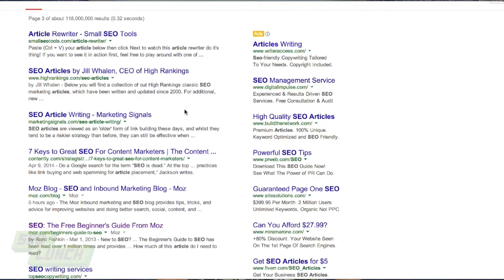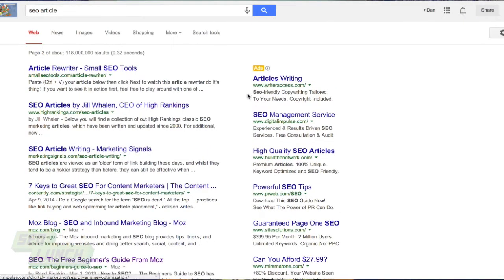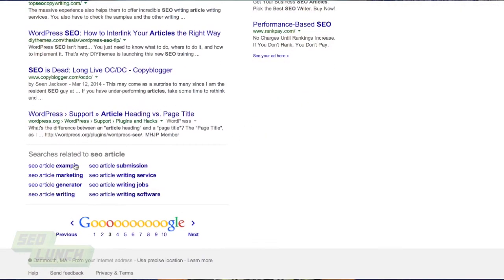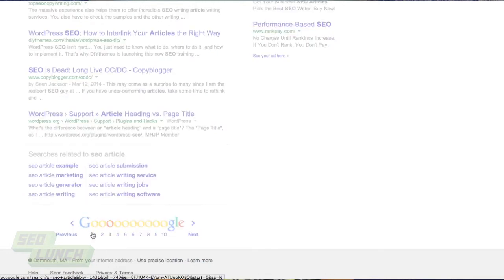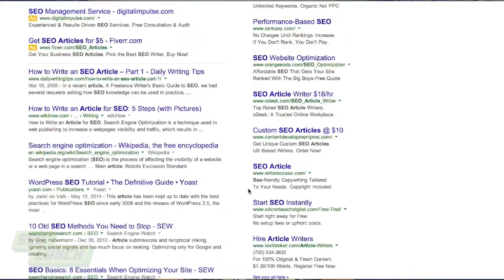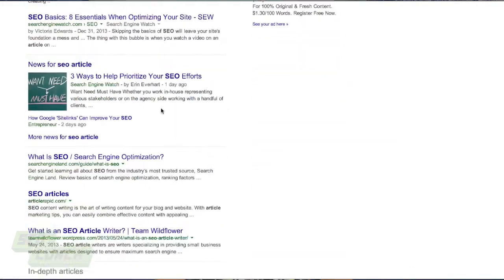If we look at a page like this, we see that we have Google AdWords in place on the side here. We have long tail keywords, which we've talked about in our show in the past. And again, I welcome you to check out our SEO Lunch playlist, and check out long tail keywords that they have for suggestions. Navigating over to page 1 very quickly, we have more ads up here, so AdWords at play.